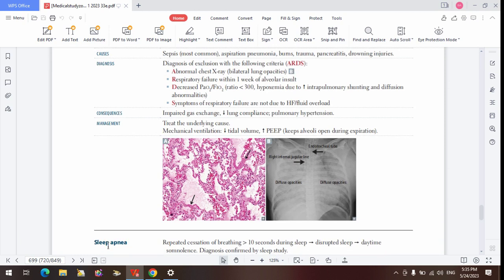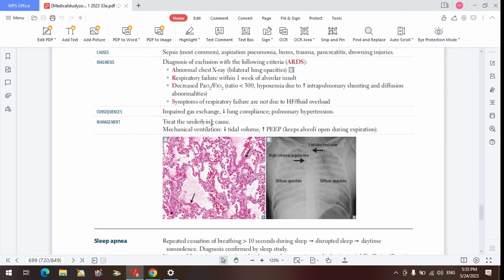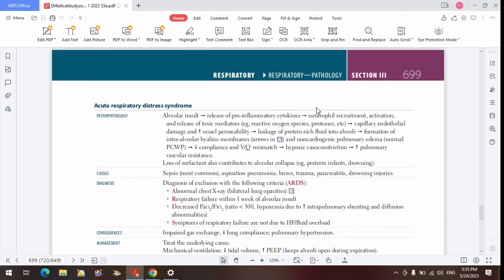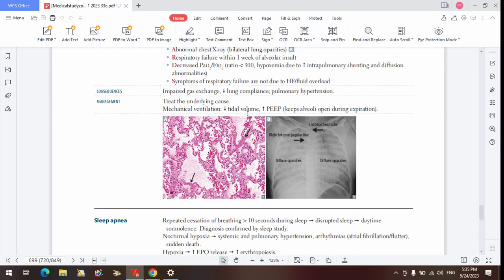So, what are the consequences? Impaired gas exchange, of course, which contributes to the hypoxemia from the diffusion abnormality. Reduction in lung compliance due to destruction of the elastic fibers: these neutrophils release their proteins that destroy the elastic fibers, reducing lung compliance so the lungs cannot stretch. Also, an increase in pulmonary vascular resistance will occur due to hypoxemia. There's going to be pulmonary vasoconstriction that can cause pulmonary hypertension.